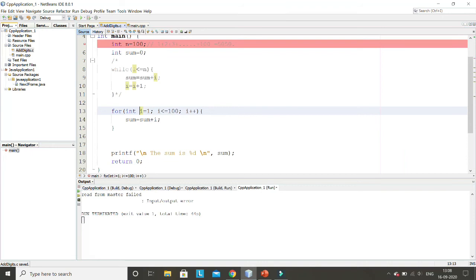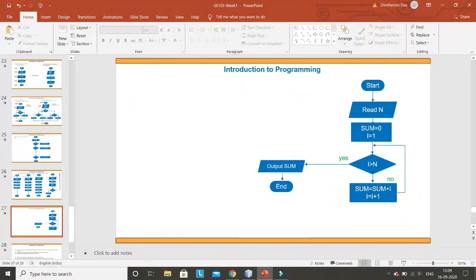It is doing exactly the same work that the previous program was doing. How is it doing the same work? The for loop is the most well known looping statement. Every time people write a for loop. The while loop is also well known, but most of the time people try to use a for loop. So what is a for loop here? Initially you give the initial value of i, you are using a variable i, this is called an indexing variable. So your initial value of i is 1, same as this value.